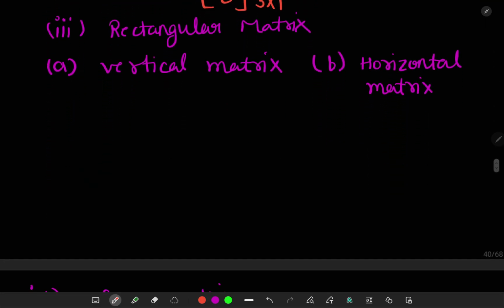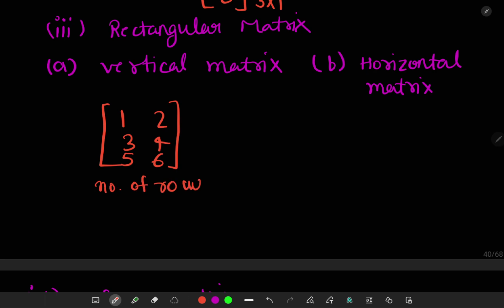Now rectangular matrix. Rectangular matrices are of two types. First one is vertical matrix. This is an example of a vertical matrix. Here you can see that the number of rows is greater than the number of columns,